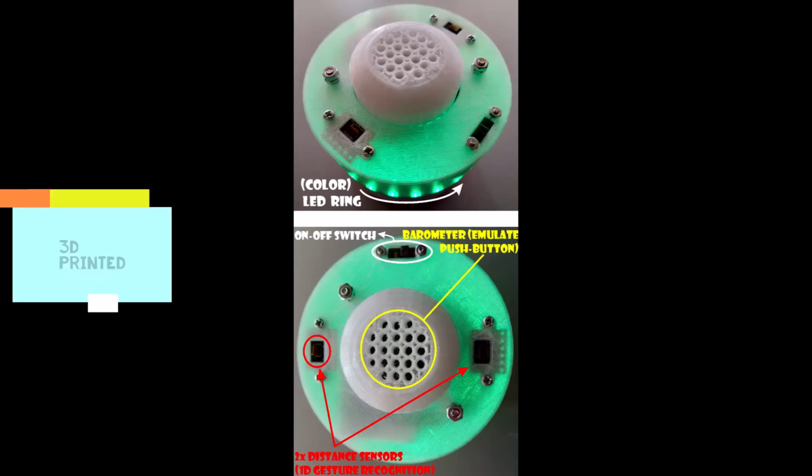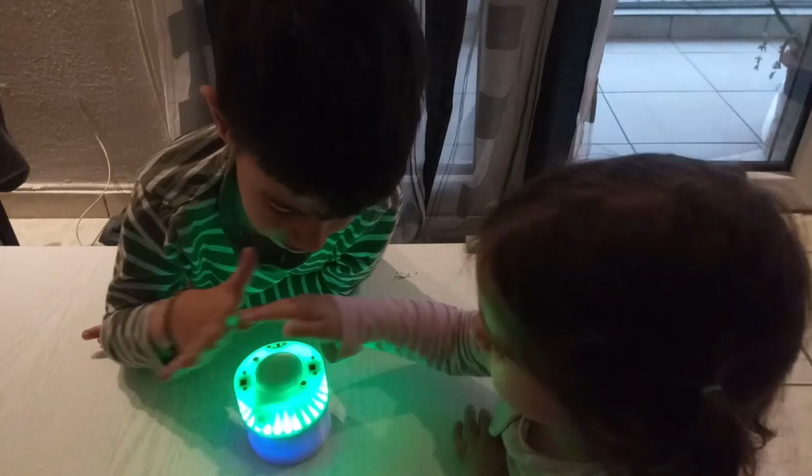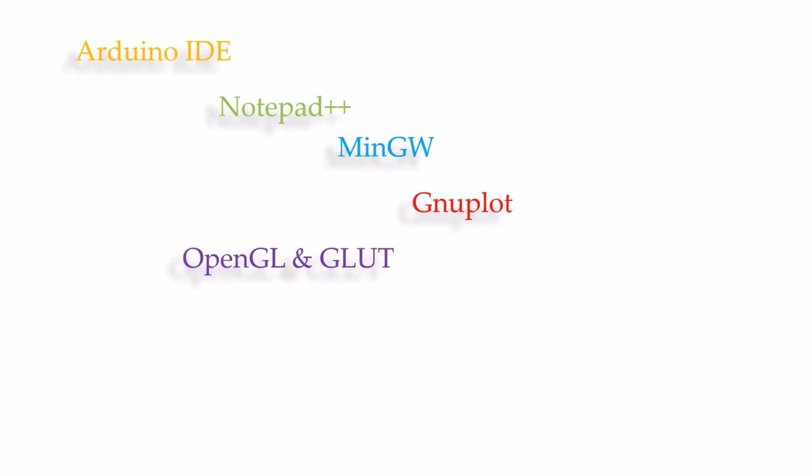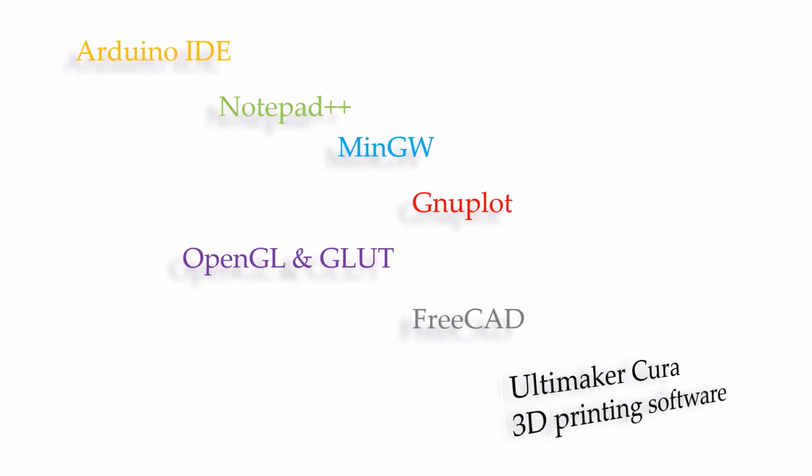Move to the final step of generating 3D printed enclosures for an integrated microcontroller prototype solution. Arduino Integrated Development Environment, Notepad++, Minimalist GNU for Windows, Gnuplot Command Line Driven Graphing Utility, OpenGL GLUT Open Graphics Library and Toolkit for Vector Graphics, FreeCAD, and Ultimaker Cura 3D Printing Software are some of the freeware tools used by